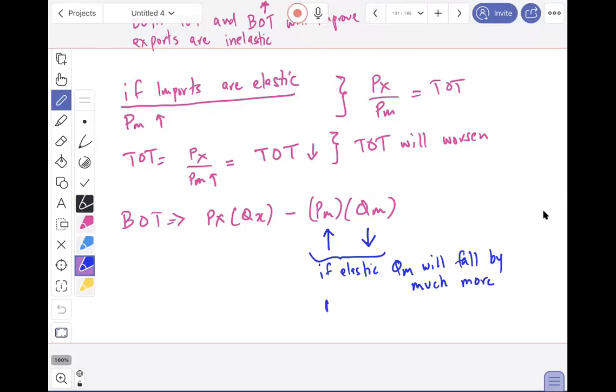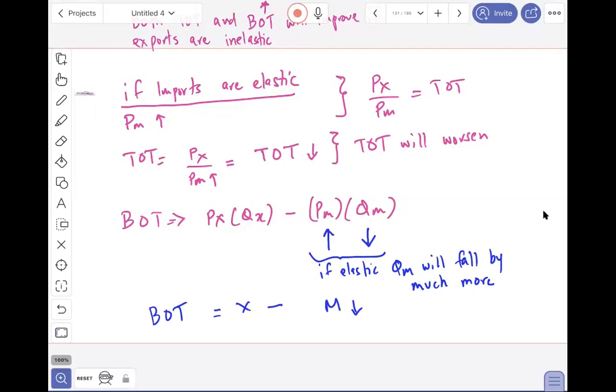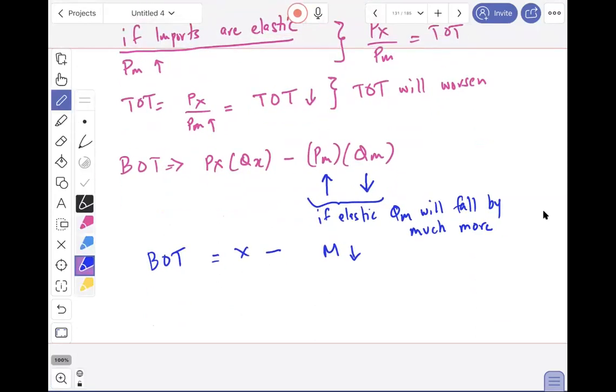Which means big M will go down. So X minus M is your balance of trade. And you can see this, given exports remain unchanged, if M is going down, balance of trade will also go down, which would mean